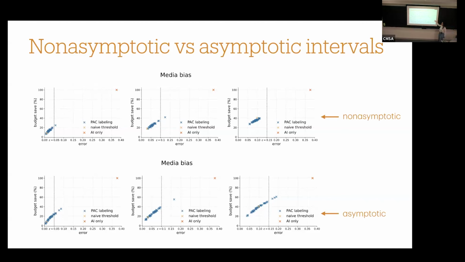But here, we looked at what will happen if we use an asymptotic procedure, because that gives us a little bit more wiggle room, and we can actually squeeze out a larger saving. And that's exactly what you see here. So the top row is non-asymptotic results. You already saw these plots a few slides ago. The bottom row is asymptotic results, and we can see,